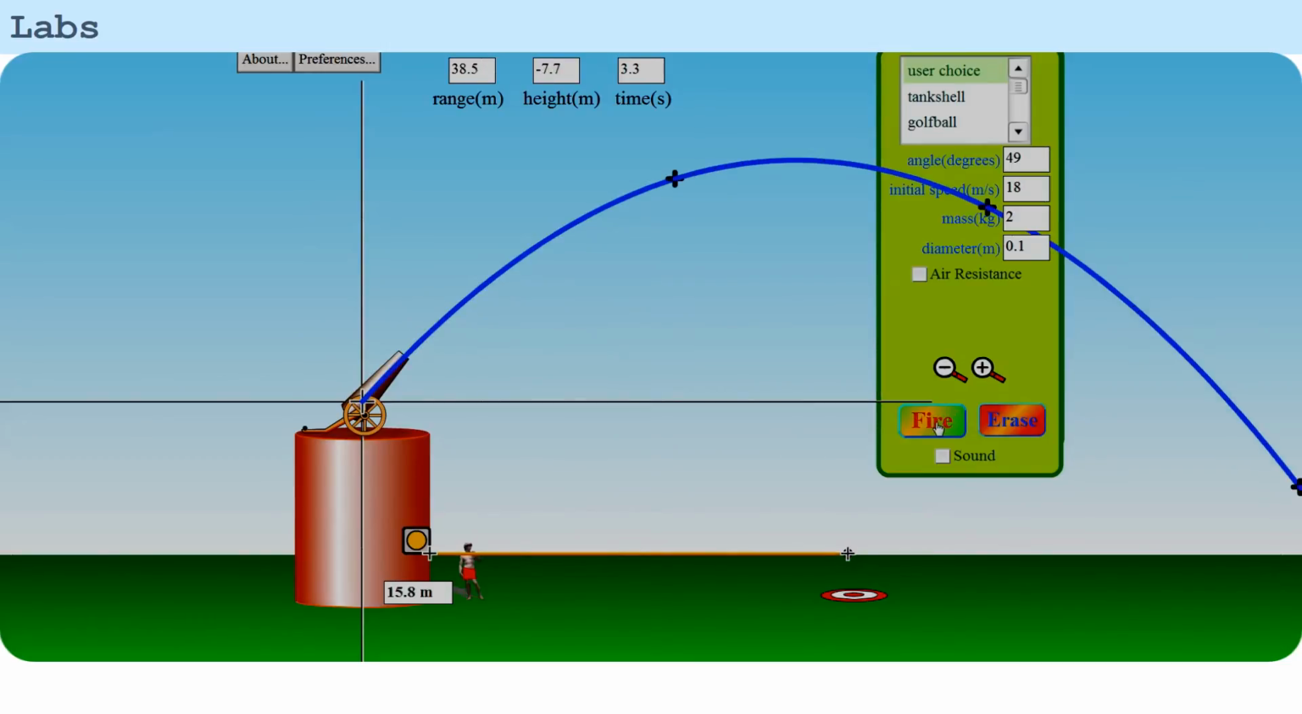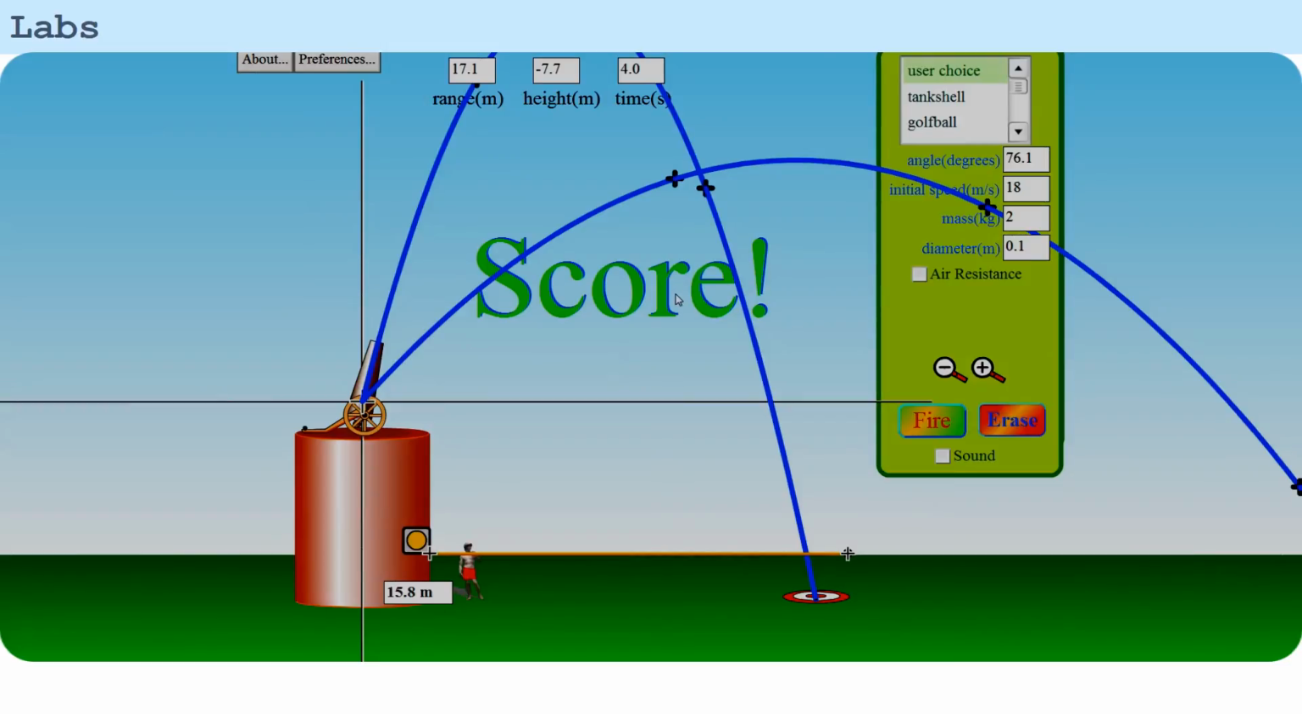Oops. Alright, so let's try a greater angle here. And almost got the target. I'm going to put the target right there and fire again. Alright, score. So I made it. So anyway, you play around the simulation and do what the lab document tells you to do, and that's it. You know, these simulations are great. As I said, funded by the National Science Foundation, and they are very typical of physics principles. Alright, so let's go back